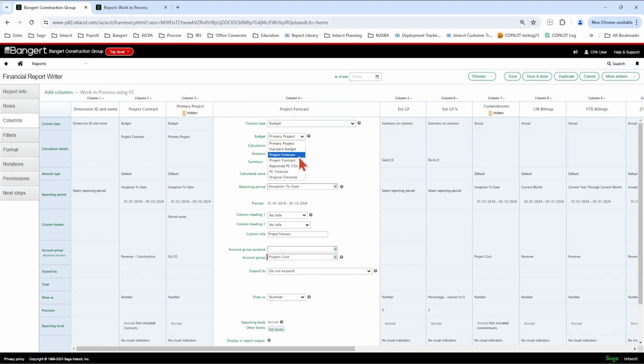Depending on the structure of the naming of the forecasts in the system that you've decided to do, you might do November 2022 forecast, December 2022 forecast. You might do quarterly forecasting on your projects. So depending on how often you are forecasting, you might have many different budgets in here, or forecasts. I have one in this demonstration called Project Forecast.